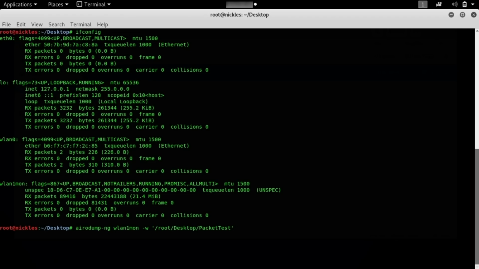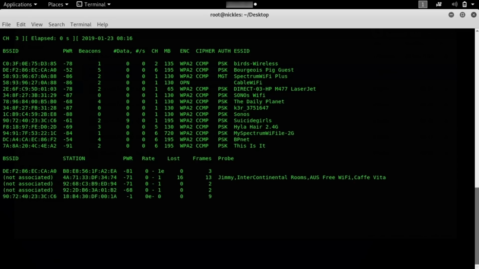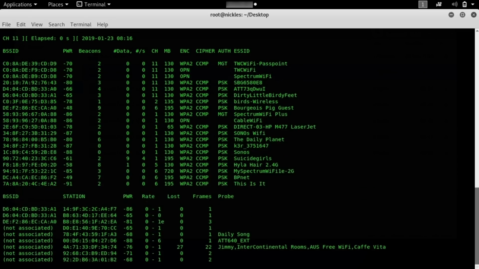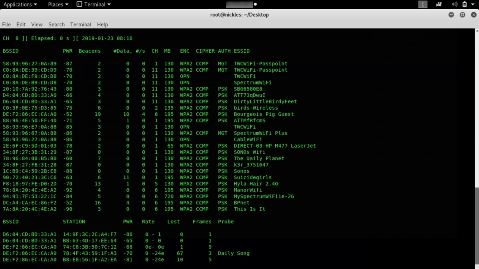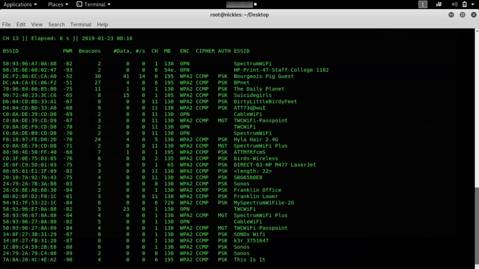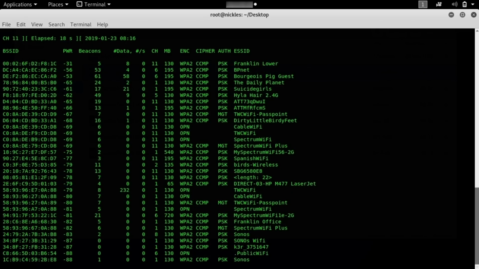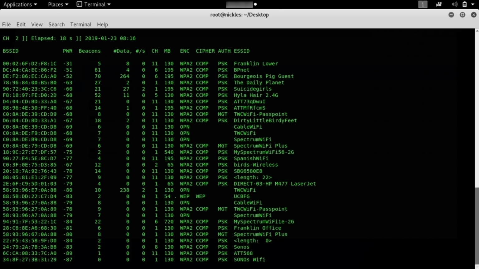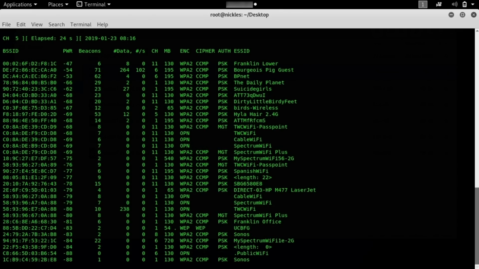Now this can be really confusing to a beginner who doesn't understand it. As you can see, this just keeps scrolling and scrolling and scrolling and doesn't really give us an immediate understanding of what's going on here. Now to fix this, we can let it run for a little bit, and after it scrolls around for a bit and gets a list of all of the networks and all the clients,